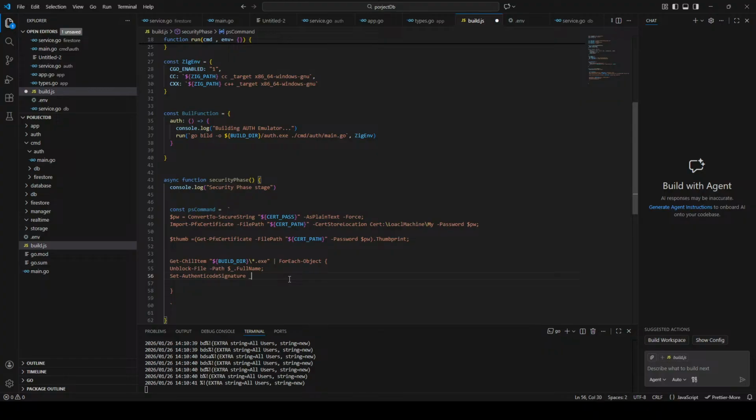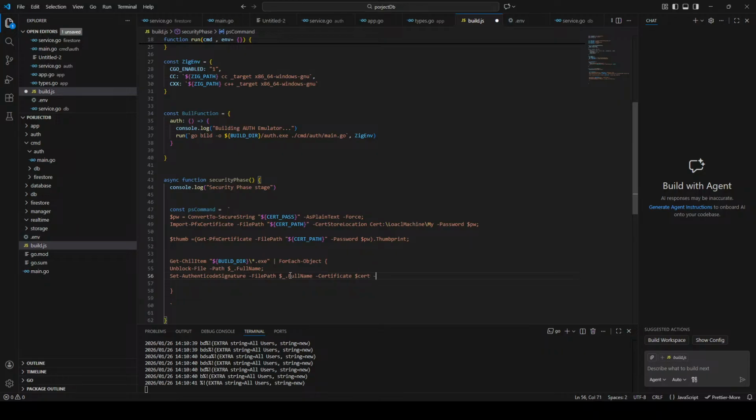And then you're gonna put dash again, then space, and then underscore dash dot full name, then dash certificate, then dollar, then cert,